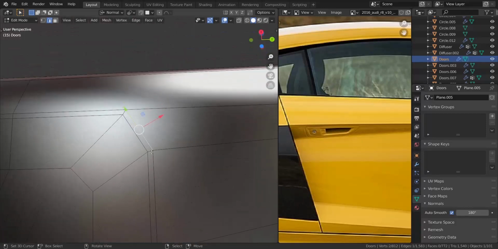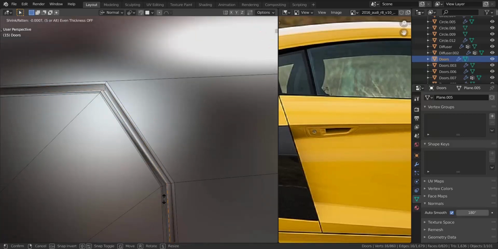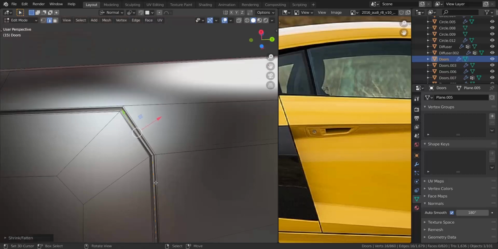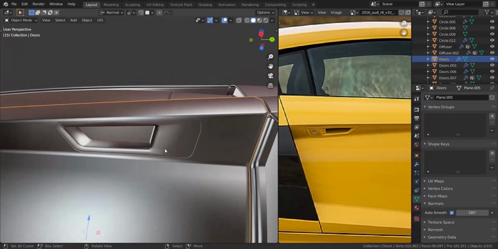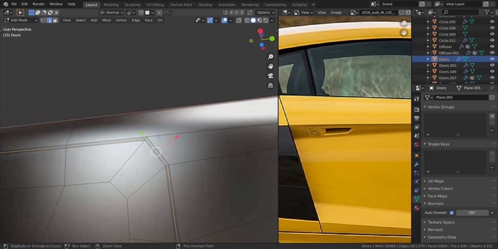Okay, so what we're going to do is I'm going to press Ctrl and R through here, and let me add in 3, and I want to take the very middle one, and I want to press Alt and S, and I want to shrink that one in just like that, as you can see. If it's not enough, we can just undo that,